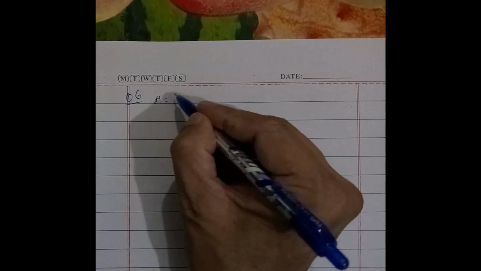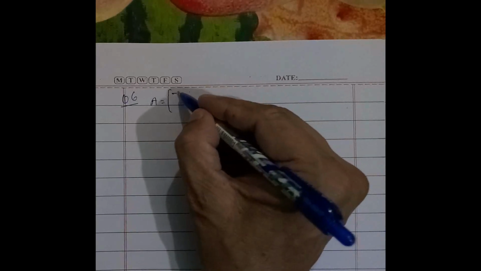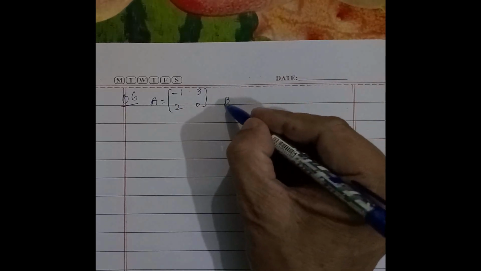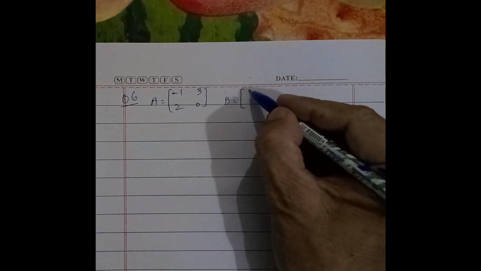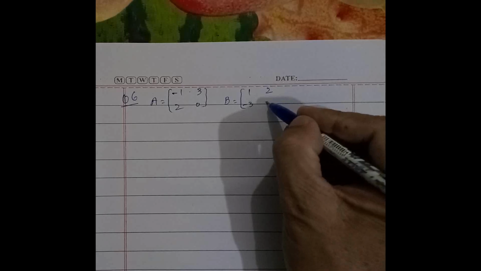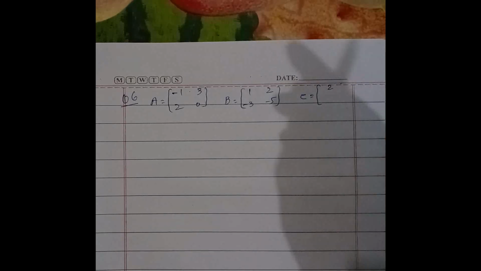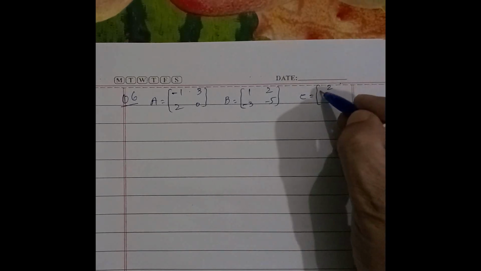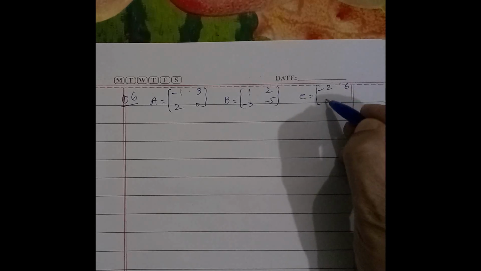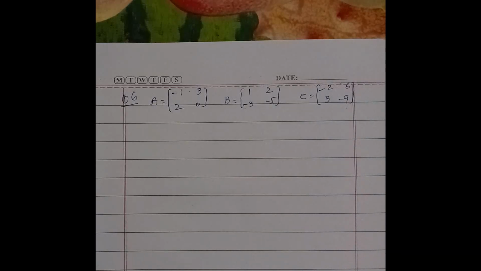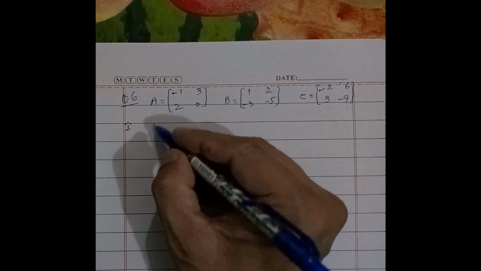We write first the matrices. A is equal to minus 1, 3, 2, 0, and B matrix is 1, 2, minus 3, minus 5, and C matrix is minus 2, 6, 3 and minus 9. These are the three matrices. So we verify the values in the question. The first part which we verify is